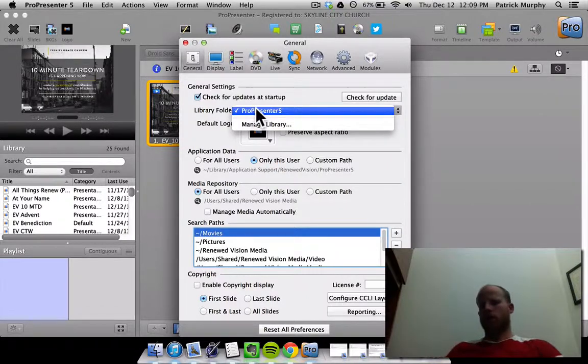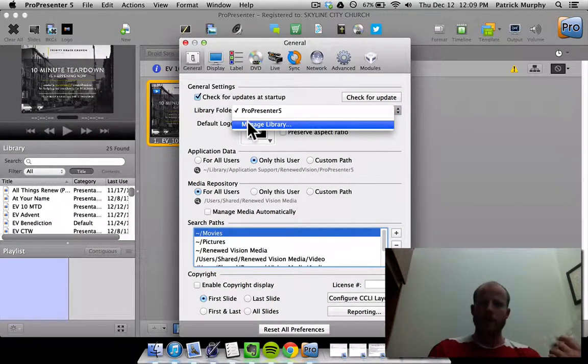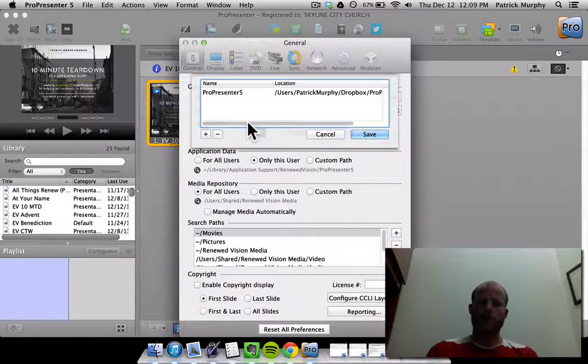Library folder. This is important. I have multiple computers where I use ProPresenter. I have multiple computers that have different versions of ProPresenter, and when I create a song, or a document, I should say, in ProPresenter, I want it to all go to the same place. So I always click here when I set up a new computer with ProPresenter, or a new version of ProPresenter on a computer. It kind of creates its own library for you, but you want to manage that library. Where do you want it to be? Maybe I would get rid of this, and